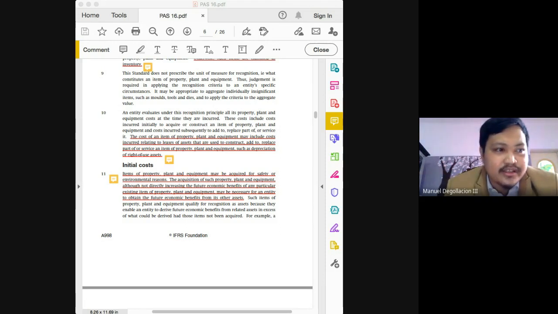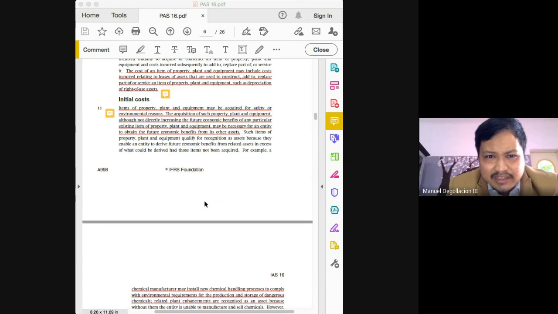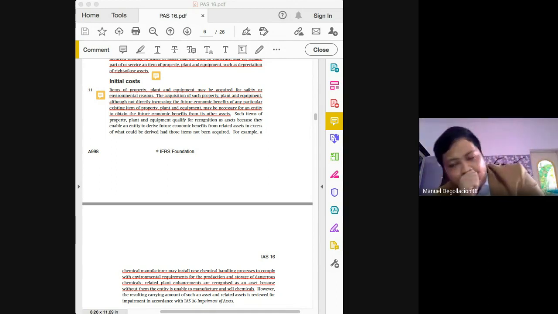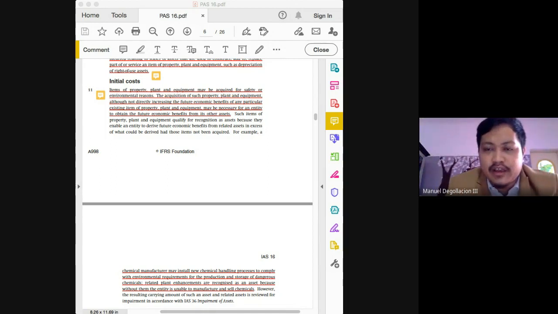So the general rule is, what will generally form part of your directly attributable costs, what will generally form part of your capitalizable costs, would be those that are incurred upon the purchase, acquisition, or construction of the asset. It will generally be your initial costs. But we have an exemption. Subsequent costs may be capitalized when they increase or improve the life, the performance, capacity, and/or efficiency of an asset class. Okay, so again, general rule is only initial costs can be considered capitalizable,